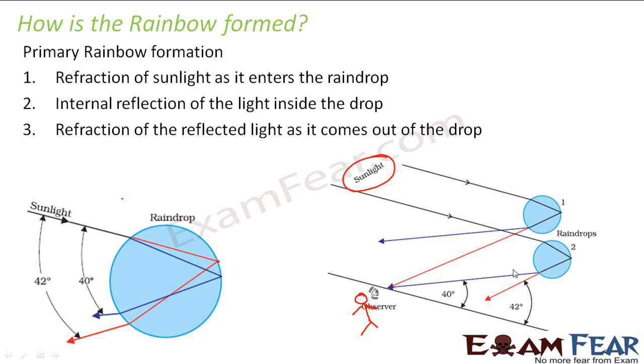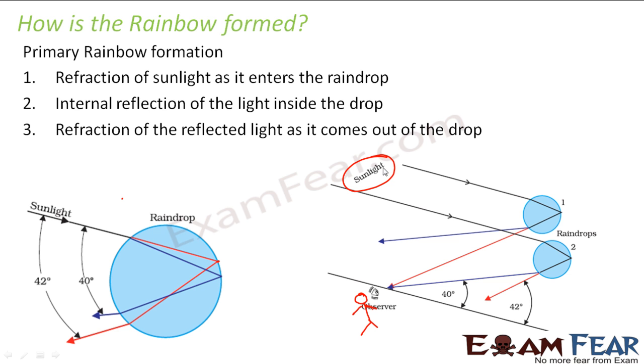So now you can understand why we see a rainbow after a rain. Because only after a rain will you have so many water droplets in the atmosphere. Why do we see it when one part of the sky is sunny? Because only then you will have sunlight, and sunlight and raindrops are the 2 necessary things for a rainbow formation. And why are you able to see a rainbow only when you stand keeping your back towards the sun?